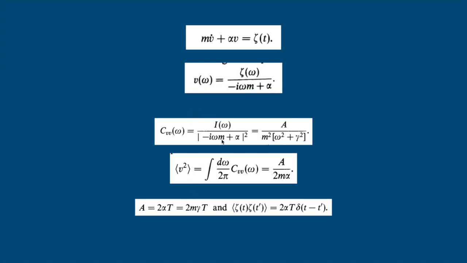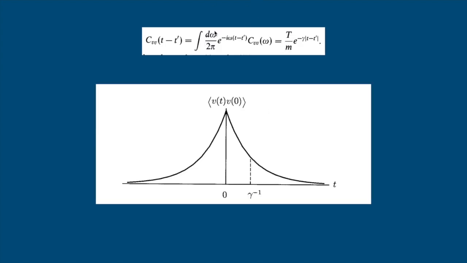So the Fourier transform of this equation here will give us the function CVV of t, which is basically the limit of t tends to infinity of CVV of tau plus t comma tau. So calculating that, we get this, which basically gives us the velocity correlation to be an exponential distribution. So it shows an exponential decay to 0. So we see that after t greater than 1 by gamma, this value becomes very low. So it shows that the velocities become uncorrelated after the time 1 by gamma.